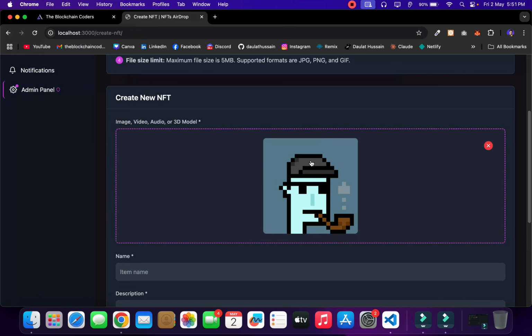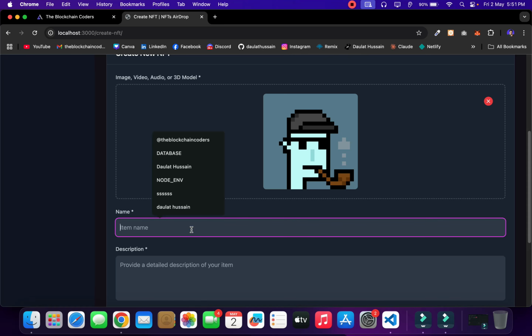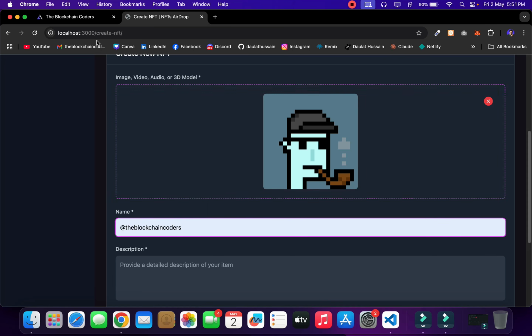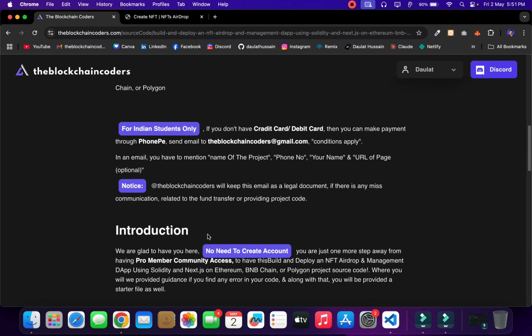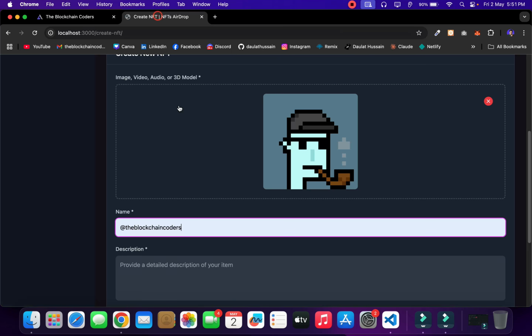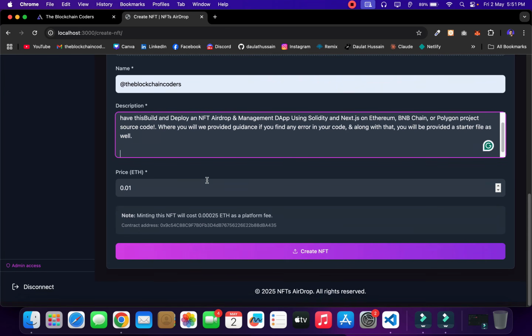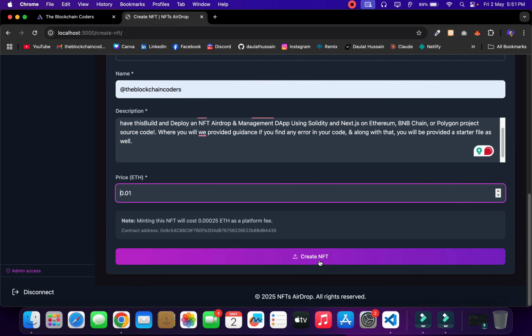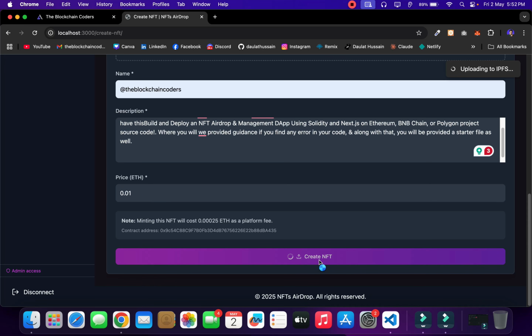I'll go with this. I'll say, let's give the relevant data. I'll give a blockchain coder. I can come back here and I can get some description right from here. Copy this one. I'll paste your description. I can set the price as it is. Click on this create NFT, and it's going to simply upload the document, call our contract, and the NFT would